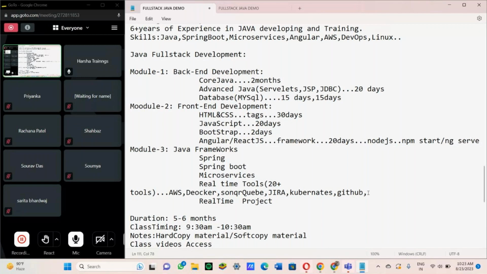So what is going on in real time, that you have to know. Core Java parts, even at the graduation level, college students may learn. You may have these concepts in your BTech or degree level if you are computer science students. But how to integrate all these,